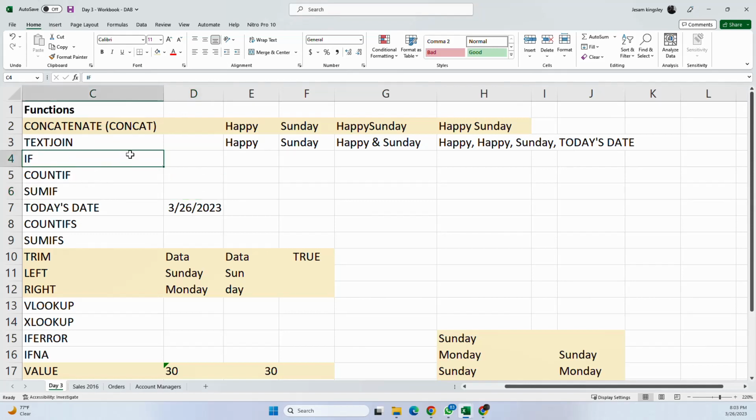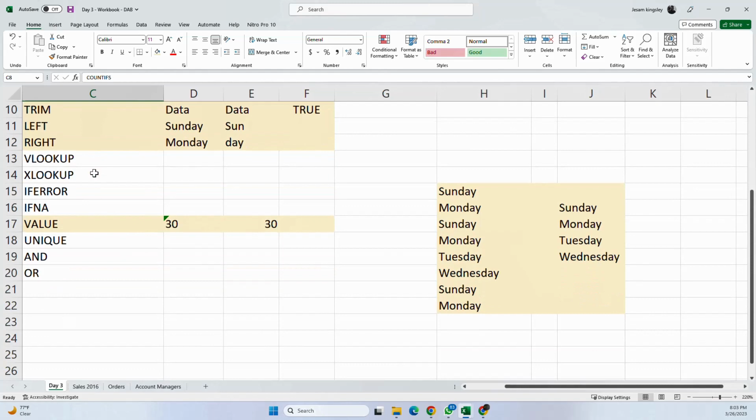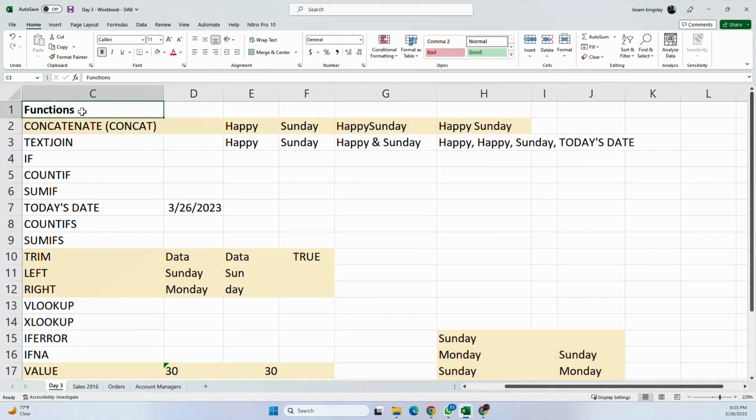Okay, so let us revisit the if function, and then we do the count if, and then the sum if, and then the rest of them. So what I'm going to do is I'm just going to put the filter here and focus on